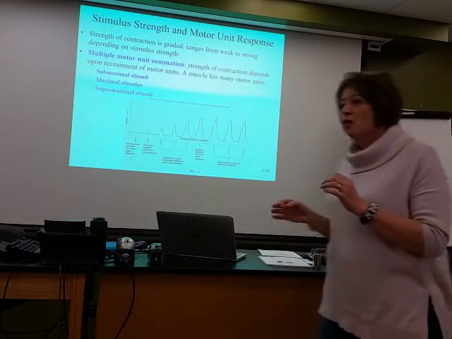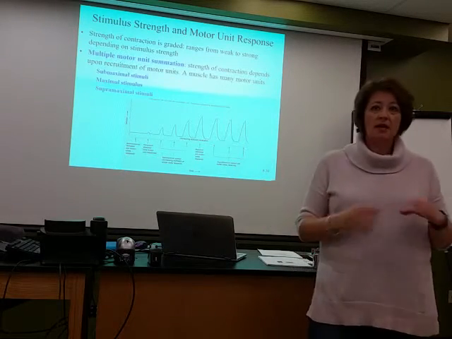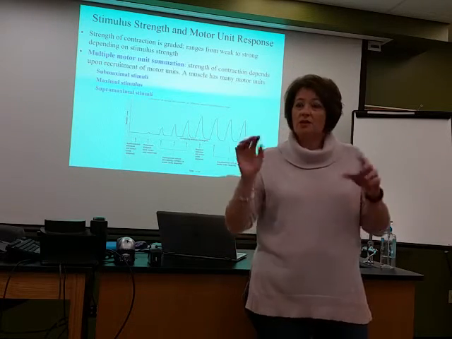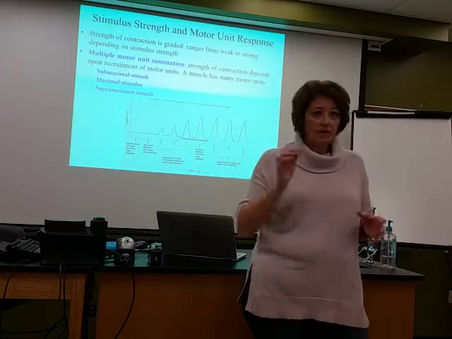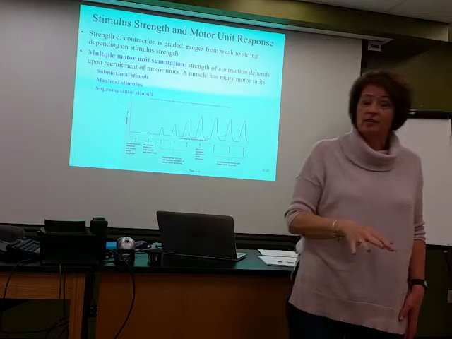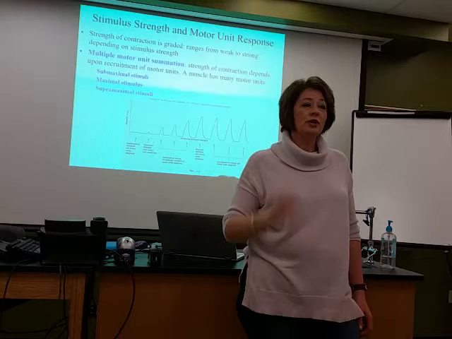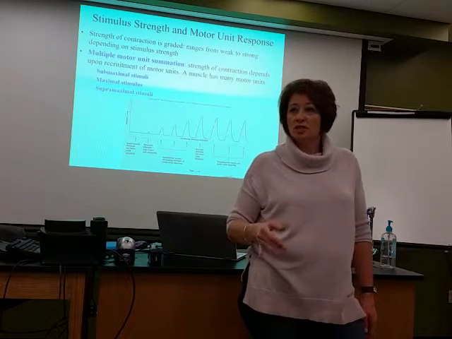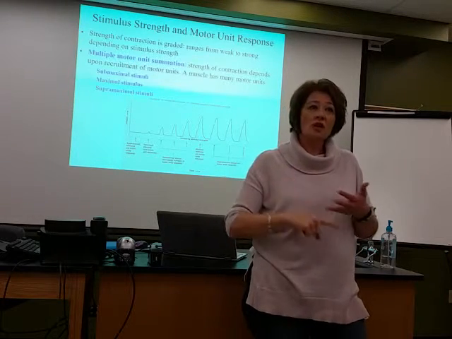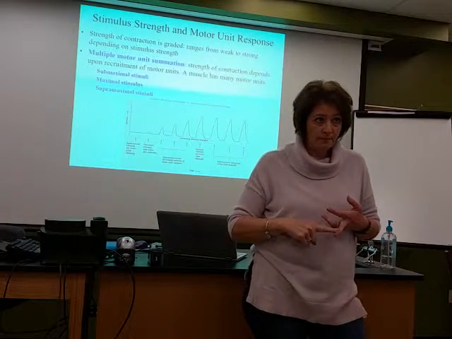About how we're going to have that muscle cell, aka fiber, all right? It has its neuromuscular junction. For every muscle that we have, there's a nerve that's going to innervate it, and then that nerve begins to branch to each of the fibers. And when we get an action potential, if we get enough stimulus and if it is strong enough, we're going to get that muscle to contract, right?